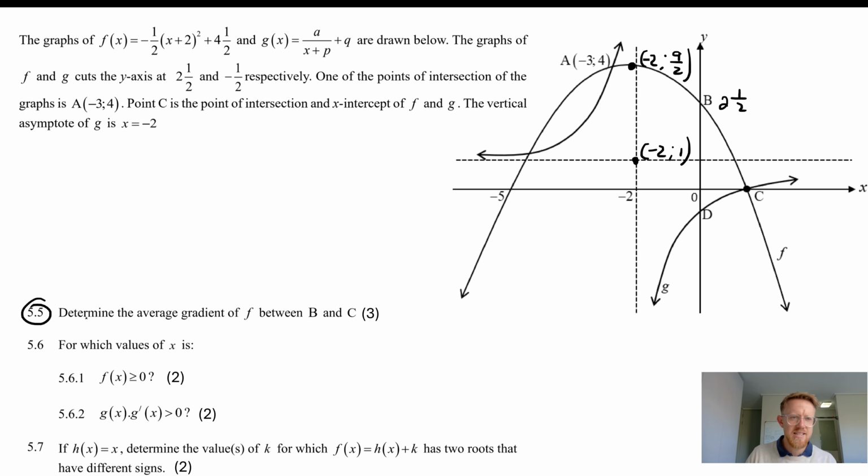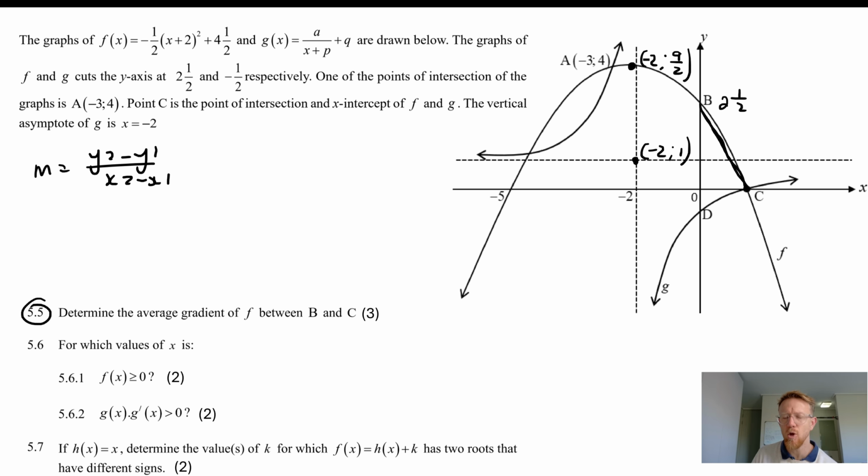This question says, determine the average gradient between B and C. So if you look at B and C, if you had to connect them with a straight line, you would see that it's not a perfect straight line, it's more of a curve, right? Because it's a parabola. But what they're asking us to do is just to pretend that it is a straight line, and so we just use the normal straight line formula, but that is why they're calling it the